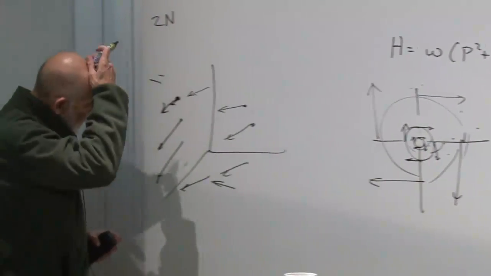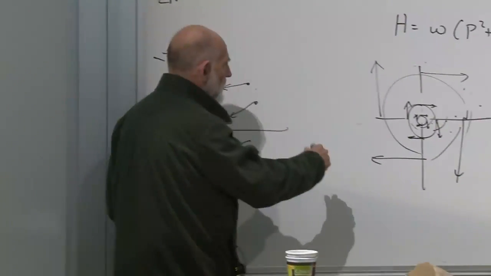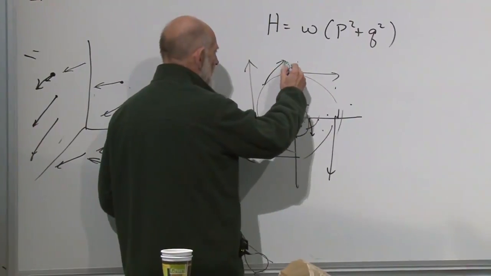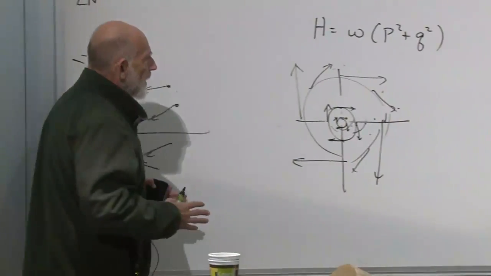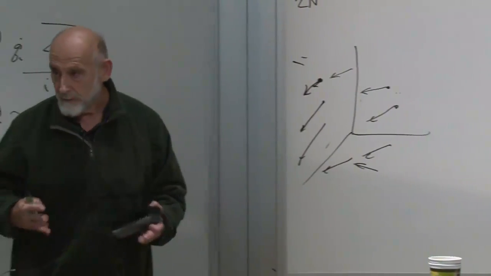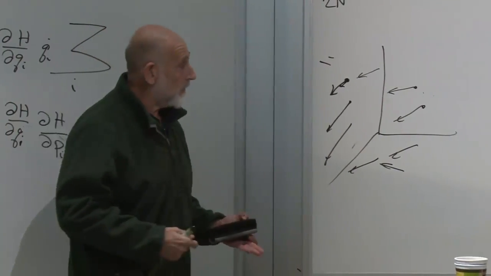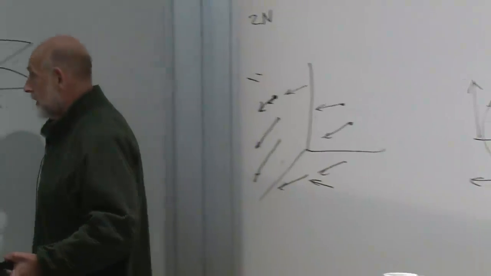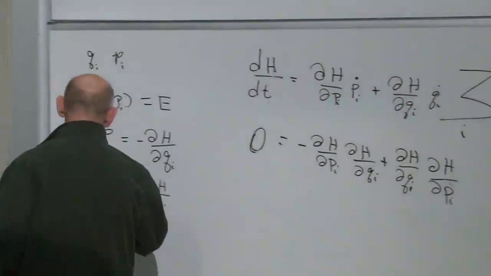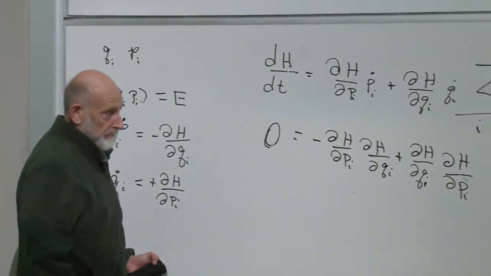And so we fill the space up with a velocity field. Of course, over here it's this way, over here it's this way, here it's this way, and so forth. And that's called the velocity field of a fluid. It's just a collection, nothing but these P dots and Q dots. Okay.